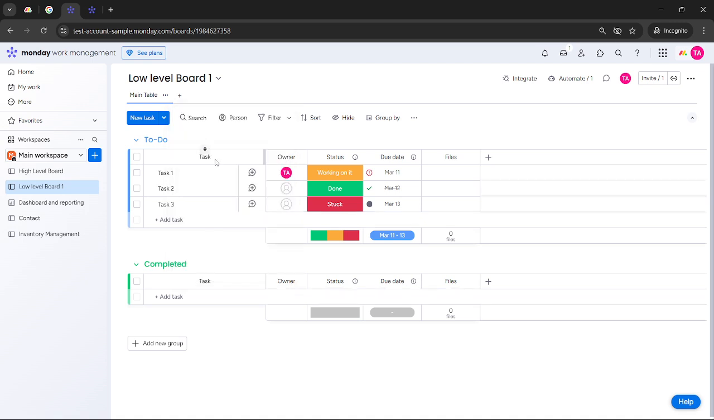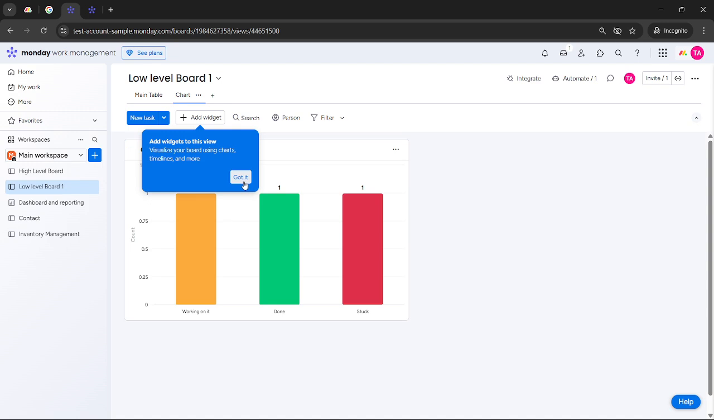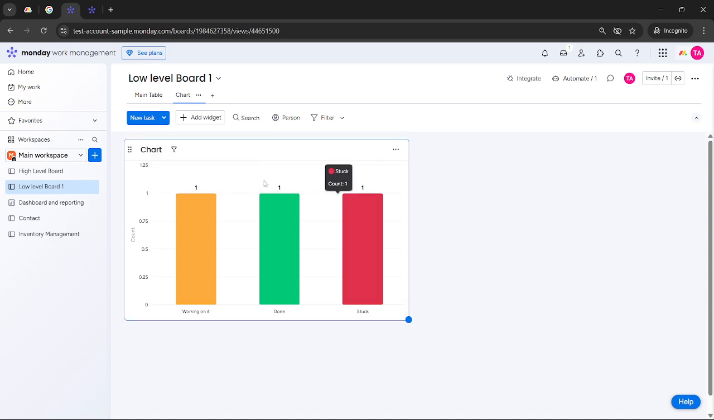A single click on chart will trigger Monday.com to automatically create a chart based on the data you currently have on your board. This is an excellent feature because it saves time by automatically generating a helpful visualization of your existing data. Once your chart is created, you'll likely want to customize it to make sure it's tailored to your